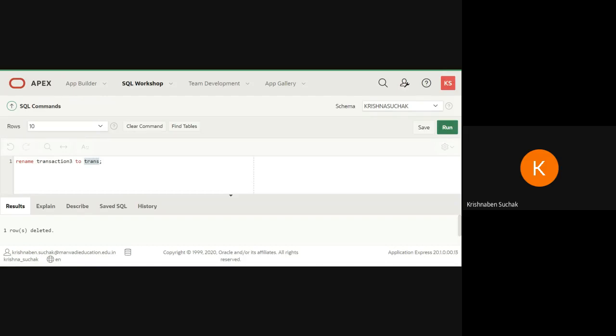Okay, so next is display account number where type of transaction is D. So here I need to write select. We all know this select query, right? You can write it by yourself also without me saying it.